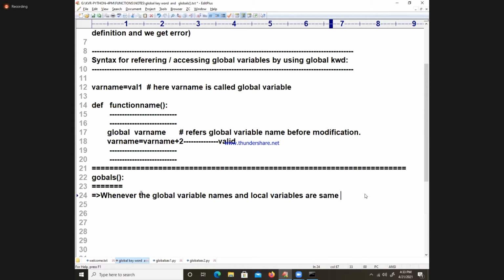Look, first learn: when the global variable names and local variable names are the same, then to do the operations on these variables, both global and local, PVM directly gets ambiguity.